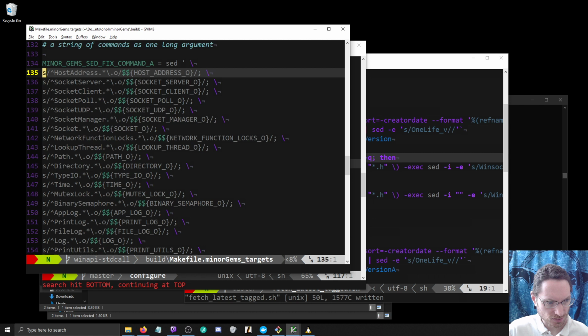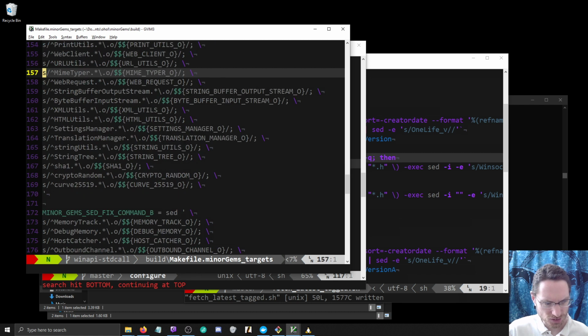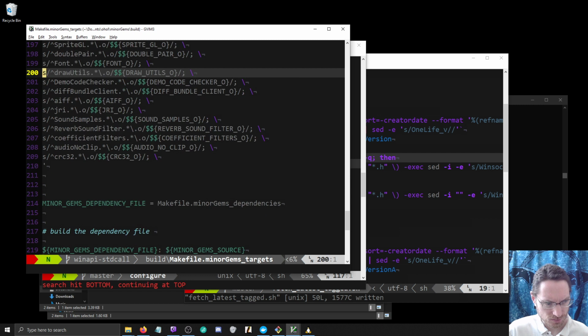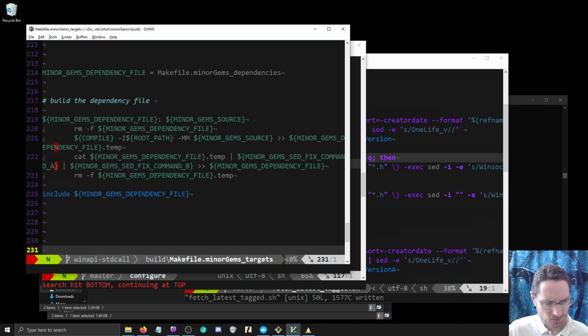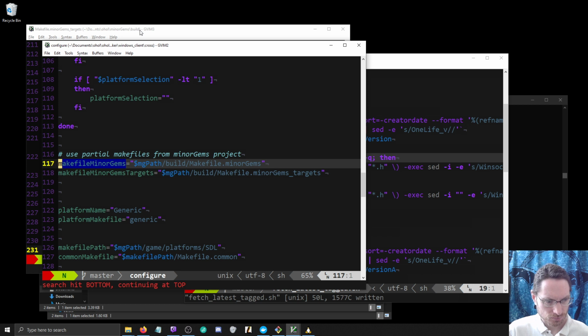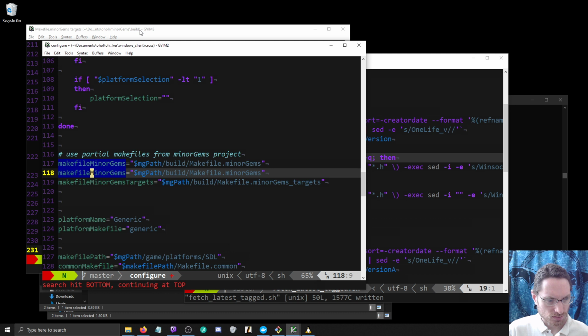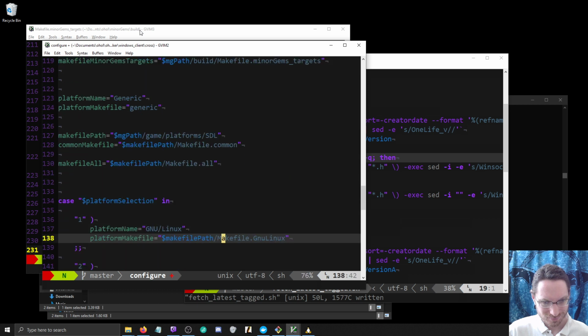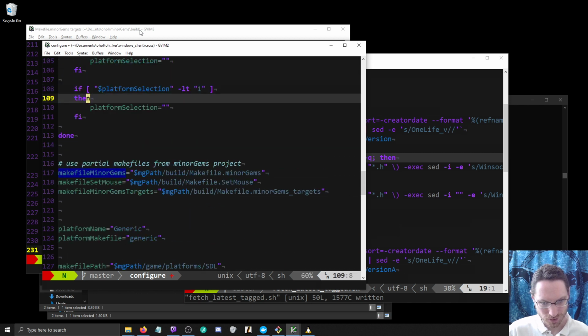Dependencies using GCC. So this is a generated file. Oh, that one's using lowercase. Makefile. Okay, so the platforms were